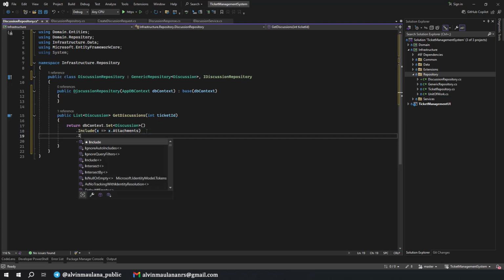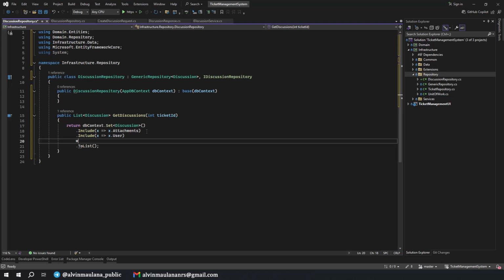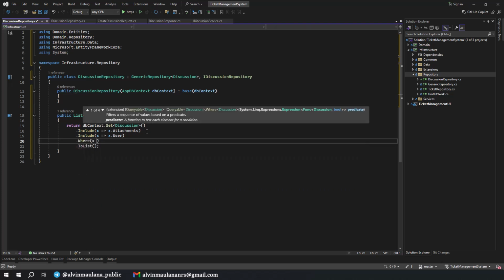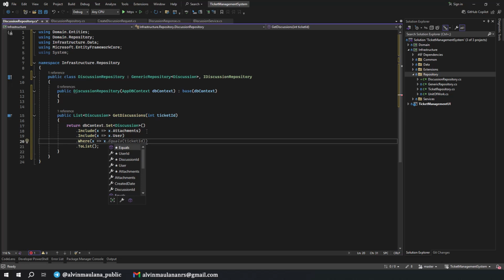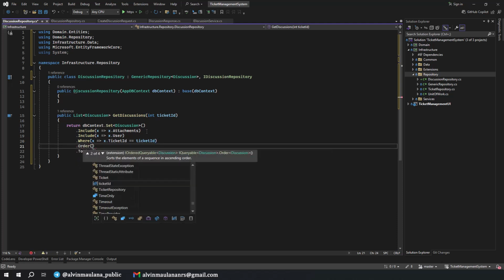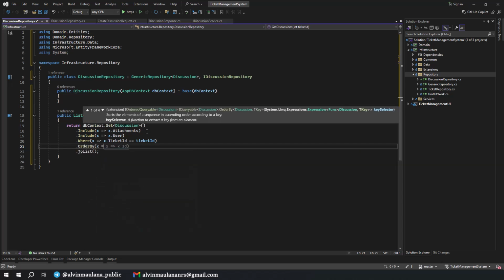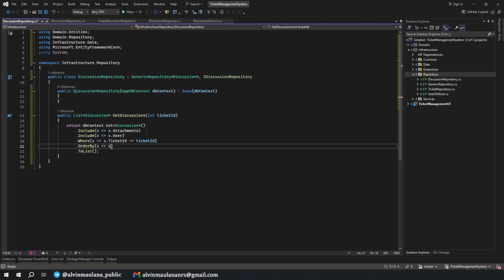And also include X user, not user role, just user, where ticket ID equals to ticket ID in parameter, and we need to order by latest first, order by descending, order by not descending with ascending, yeah. Created it.